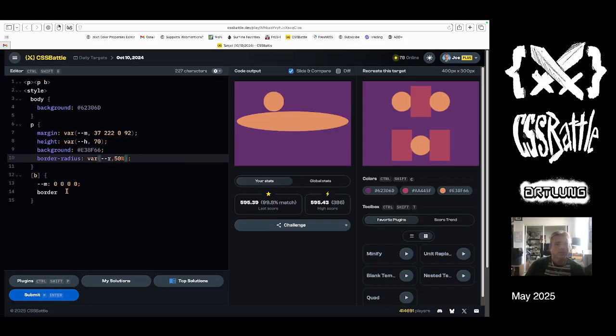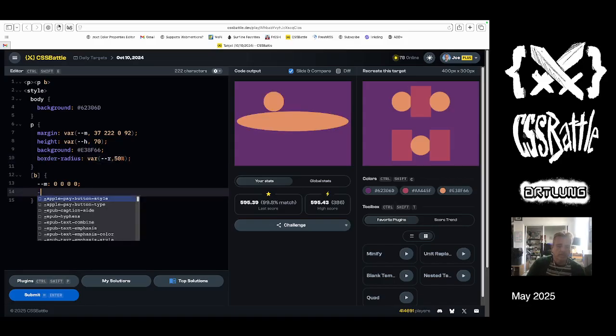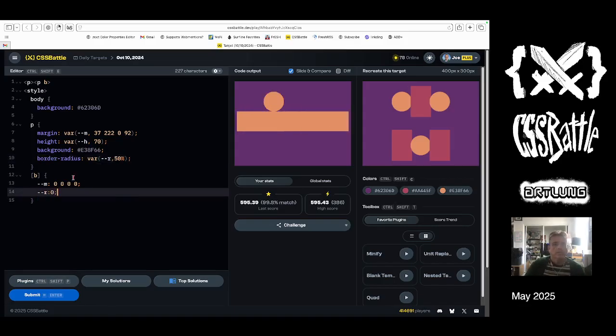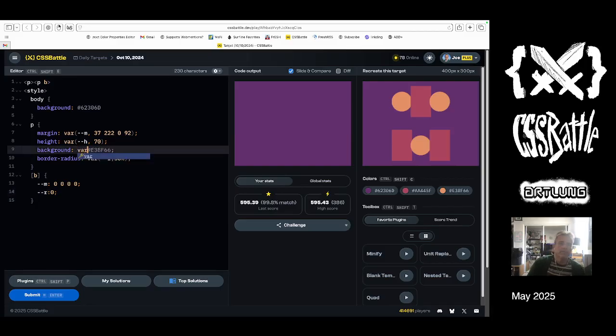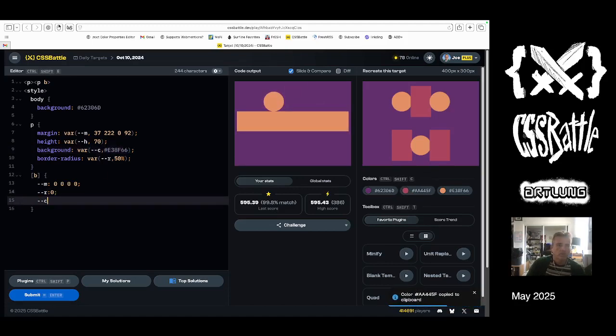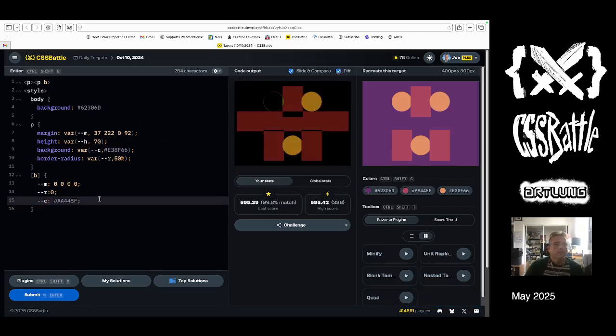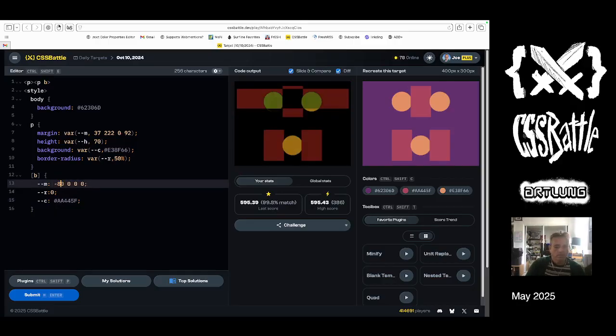And let's make the --r 0. And then the color is also a variable, var(--c) for color. And the color of him is this red. Like that. Okay, now just minus 80, minus 90,